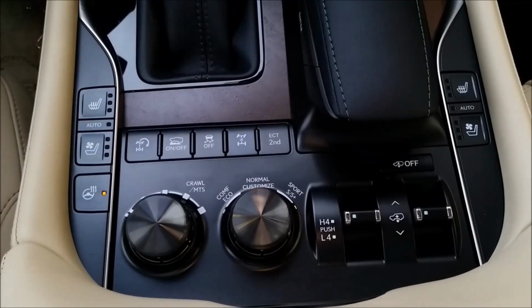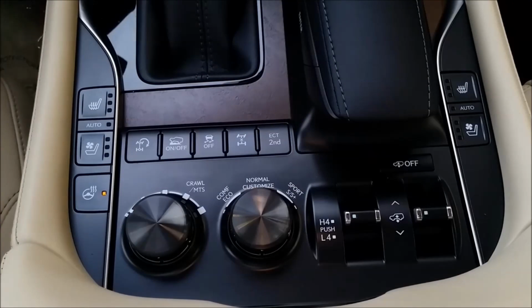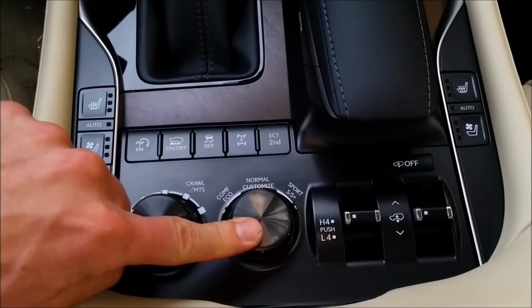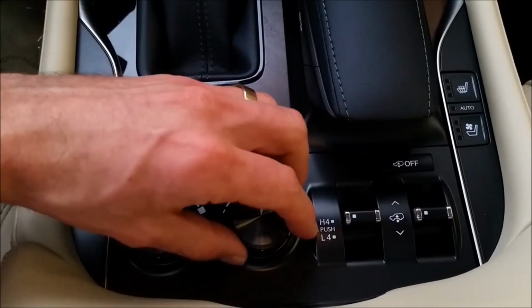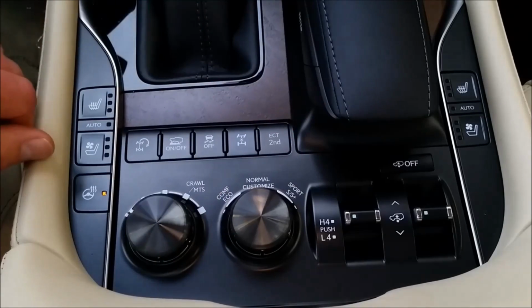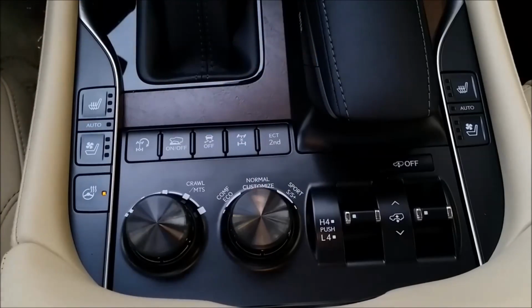And then I can turn it again, and that's Sport Plus. What that does is it works with the transmission as well, and also steering to make the steering a little tighter. And turning it over here makes it a little less fuel efficient, but it makes it a little more fun to drive. I can also press down, and that makes it normal, or I can press down for customize so that I can customize the settings here, so I can make it like maybe a little more comfort plus sport, and if I change those settings around and I press it for customize,